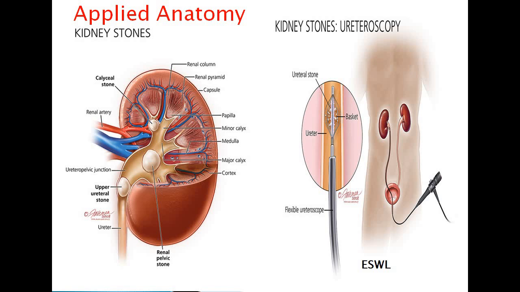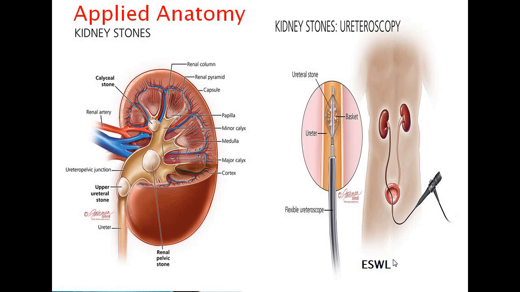Kidney stone or ureteric stone is the most common condition in which a stone may get impacted at the minor calyces, at the pelvis, or at the upper part of the ureter. Generally, the ureter has normal constrictions, so a stone may get impacted, mainly a large stone. A small stone may flow along with the urine, but a large obstructing stone, called a staghorn calculus, needs some procedure.